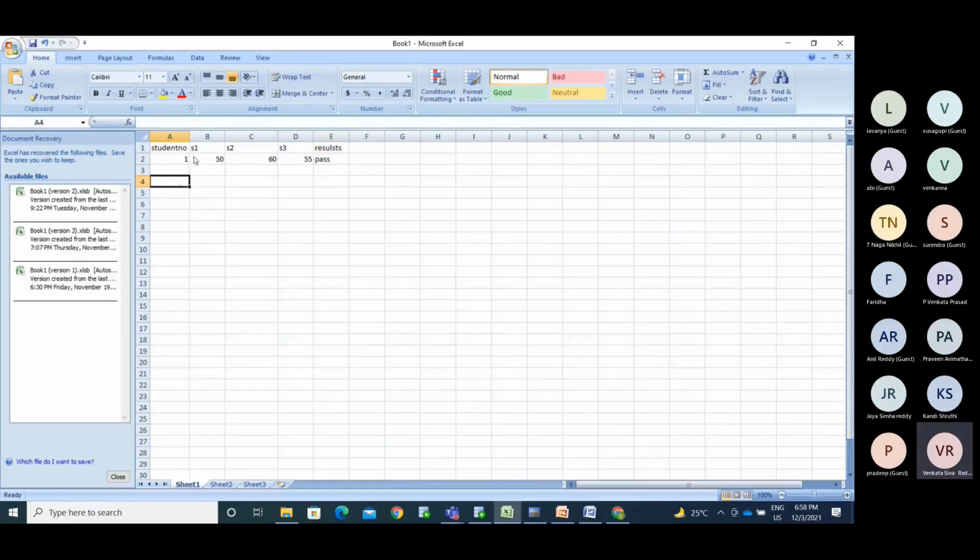Now you don't have data in this way. Now your data is in this format.